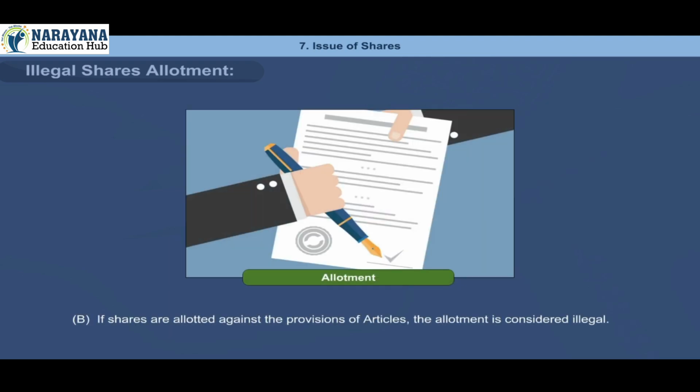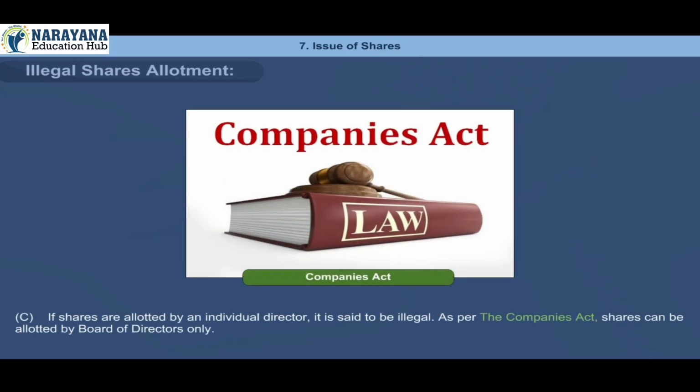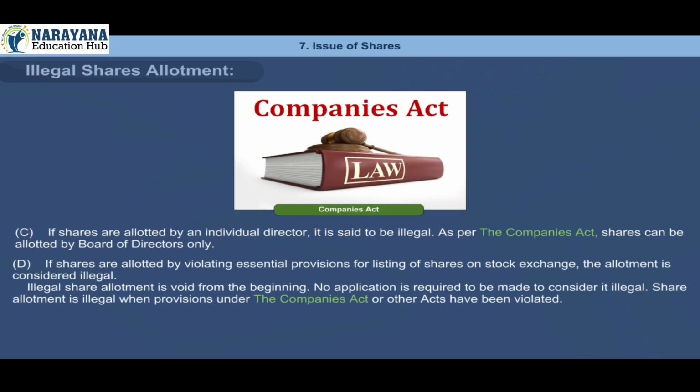B. If shares are allotted against the provisions of articles, the allotment is considered illegal. C. If shares are allotted by an individual director, it is said to be illegal. As per the Companies Act, shares can be allotted by Board of Directors only. D. If shares are allotted by violating essential provisions for listing of shares on stock exchange, the allotment is considered